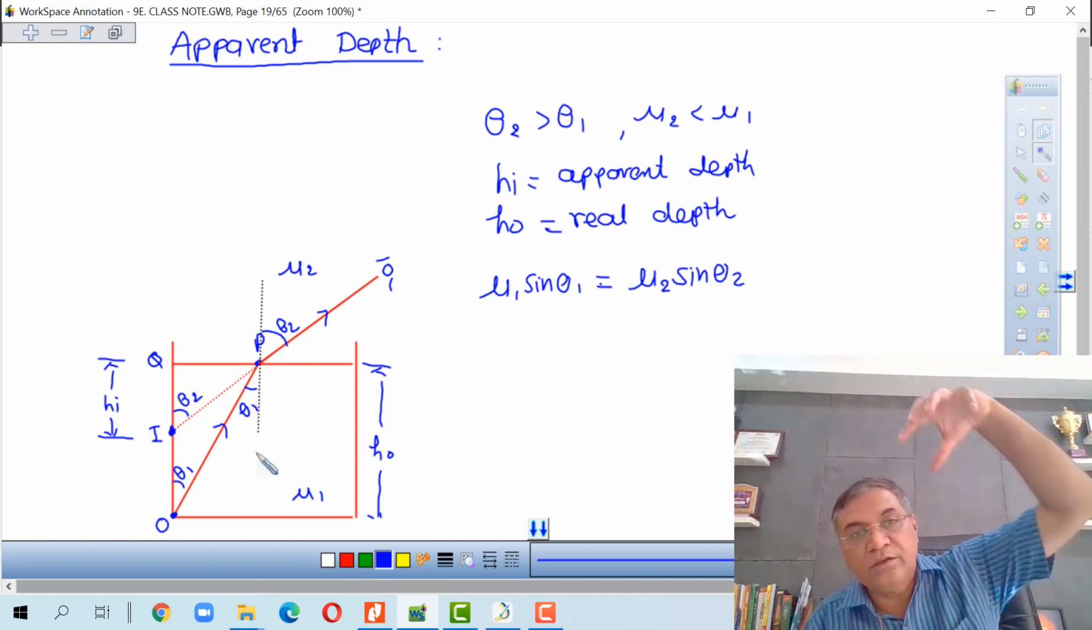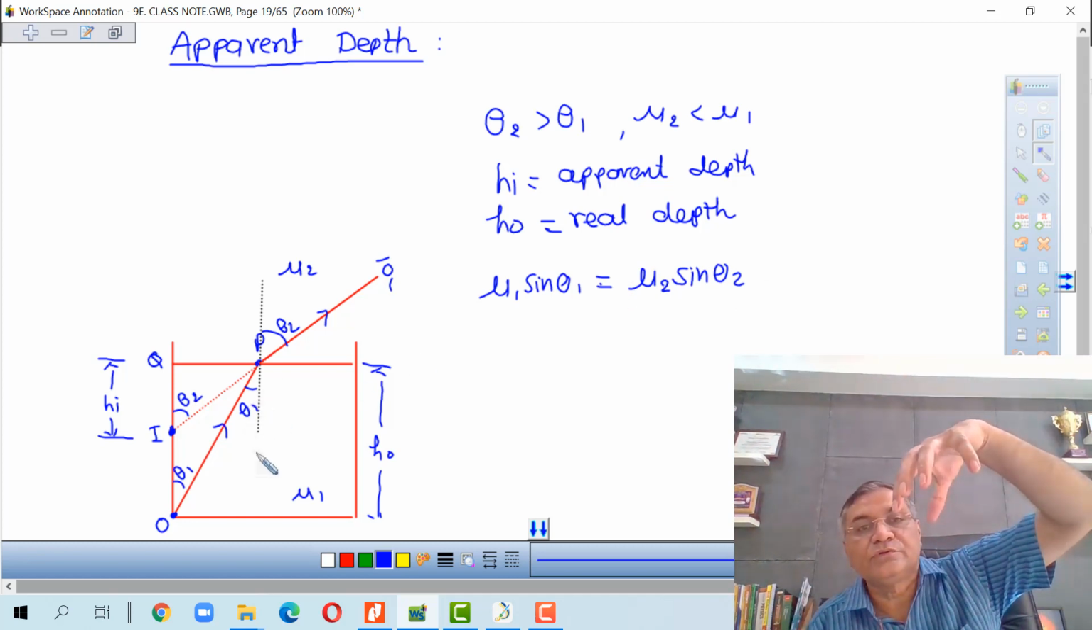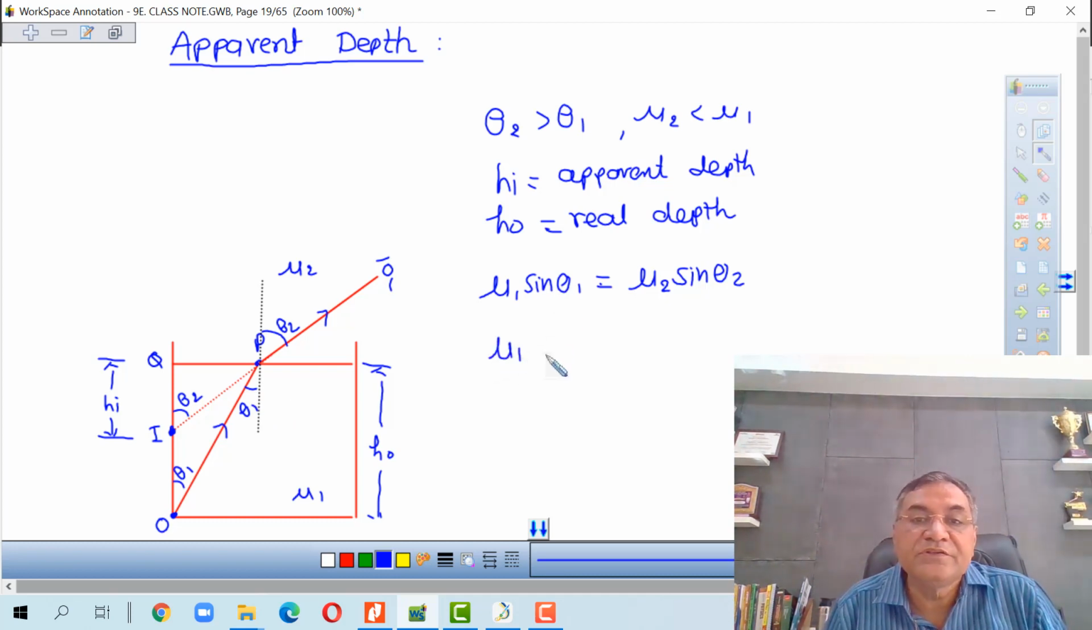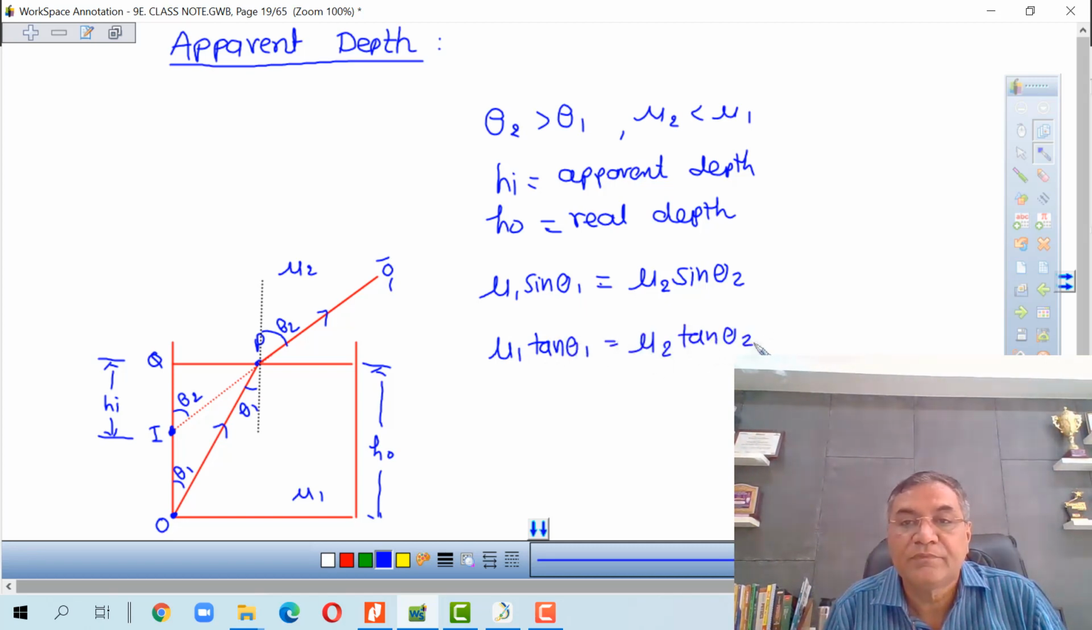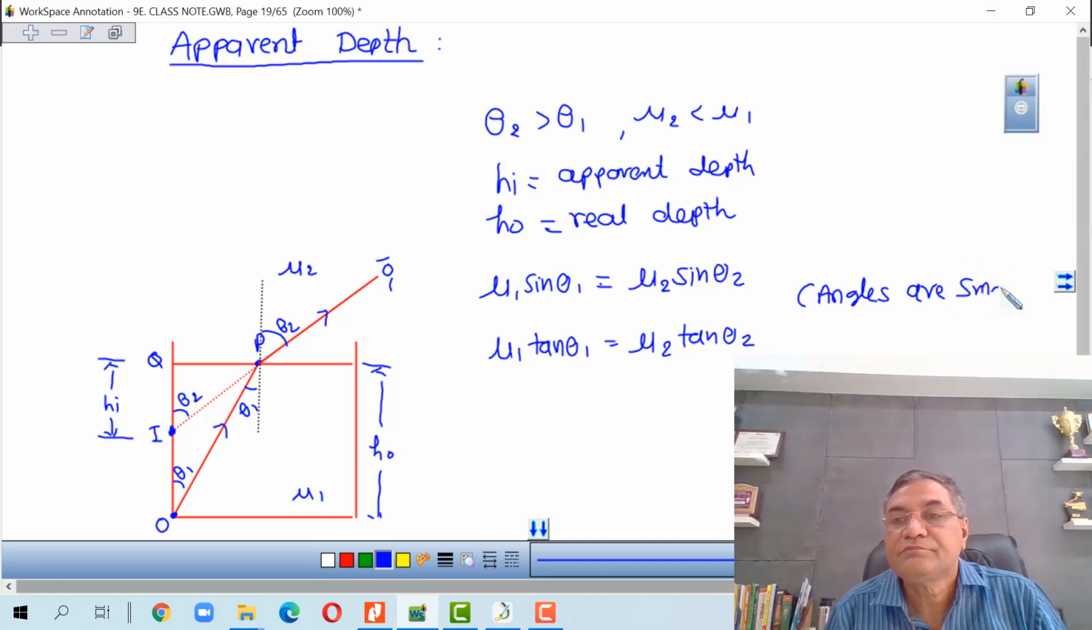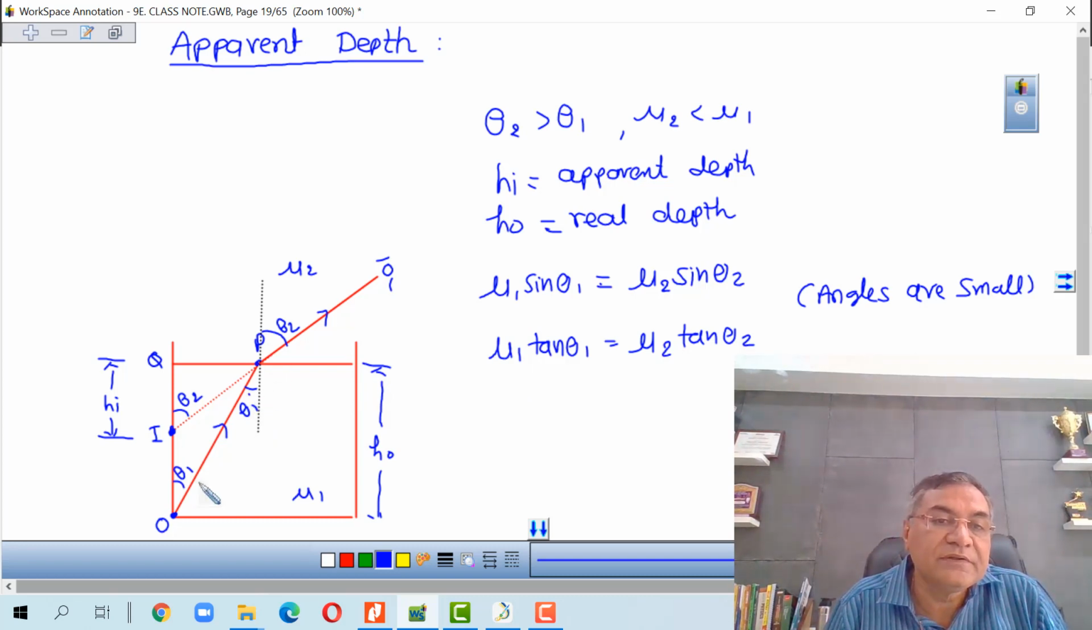Now we are looking from top, so the angle is very small, so I can write sin theta 1 is equal to tan theta 1, because the angle is small, otherwise I cannot write. Angles are small. So we can write. Now what is tan theta 1? If this is theta 1, this is also theta 1. So you can write mu 1 tan theta 1 is equal to PQ